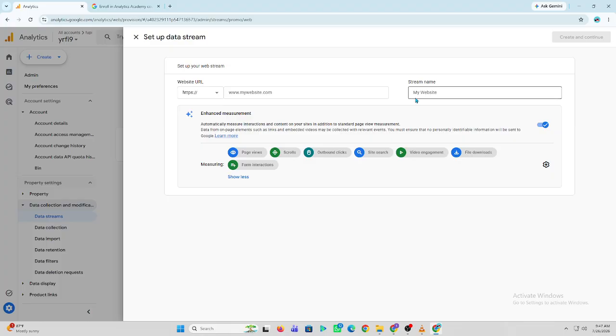By managing user permissions correctly, you can collaborate with teams while keeping your website data